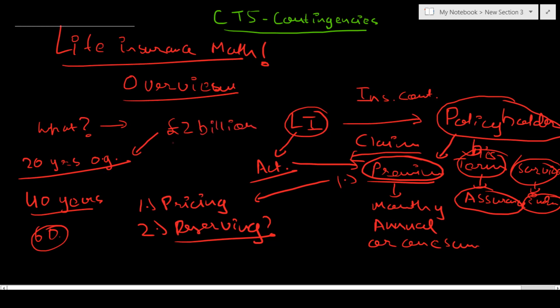He is a rich guy. So the insurance company is telling him that we'll be paying you 2 billion pounds